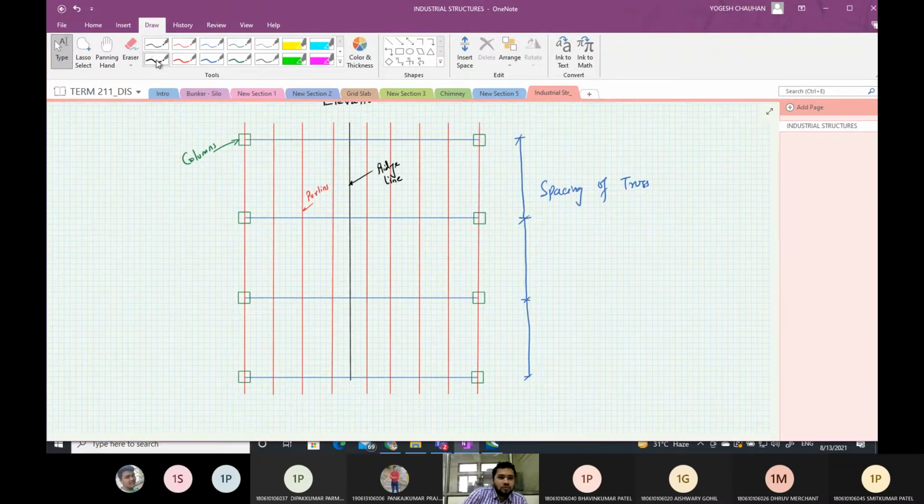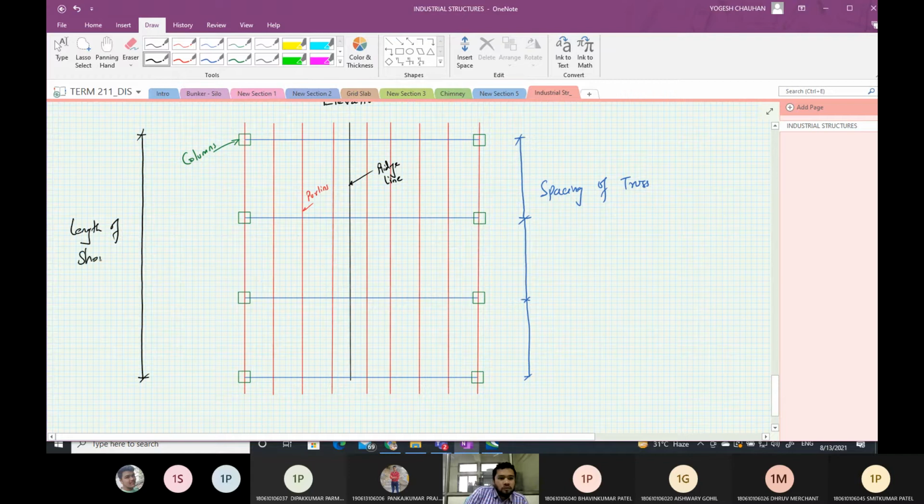This is the length of the shop, or it is also referred to as warehouse.